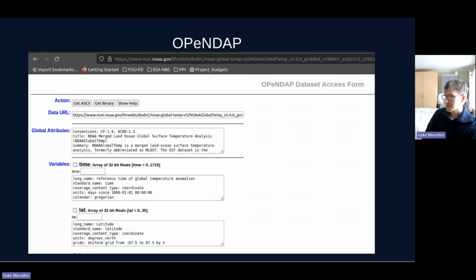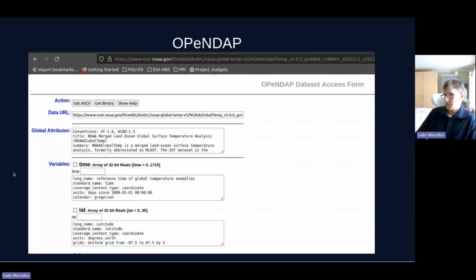This is really useful, especially if you have much larger files, gigabytes of data. You don't really want to have to download this all. It also means it's very possible to have dynamic systems where you have time series of data where data is still being appended year after year or day after day. And you can just rerun your script. You don't have to change anything. You don't have to download anything, and you can continue to get the latest data.